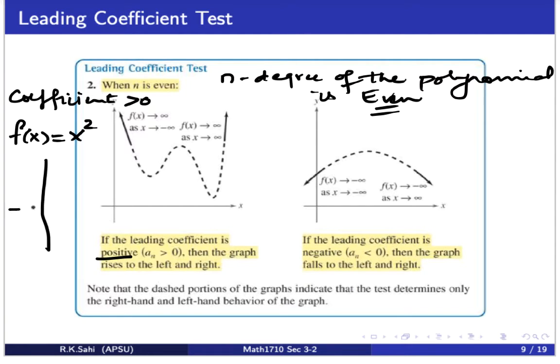How does the graph look, guys? It rises to the left, and it rises to the right. That's how the graph looks. Pretty simple, isn't it? Okay, now let's look at the scenario where the coefficient of this even degree polynomial is